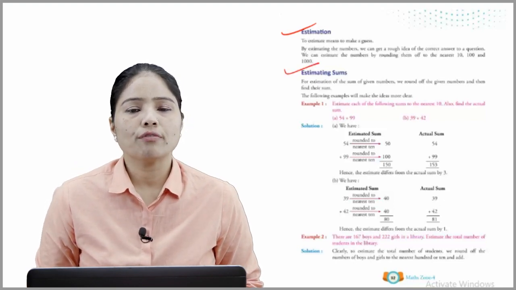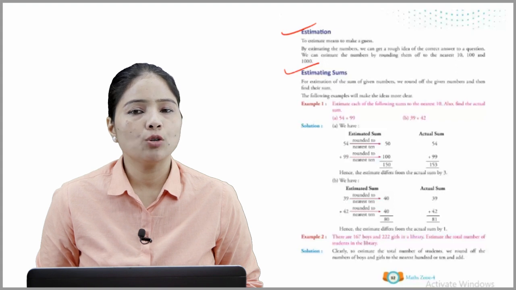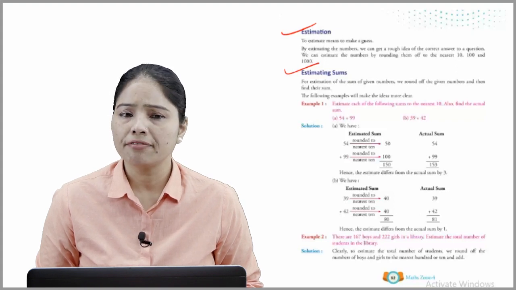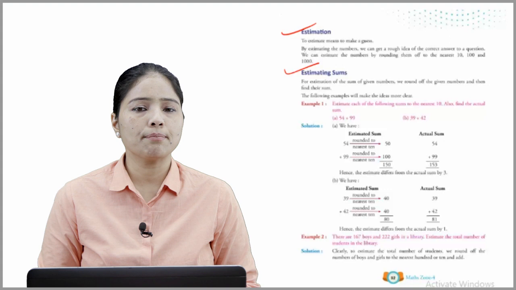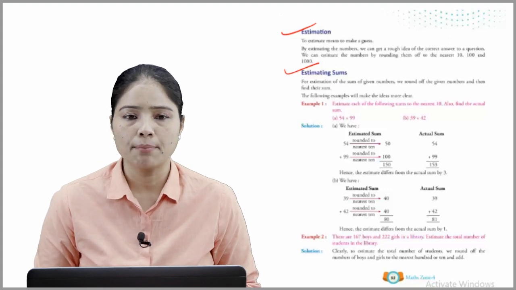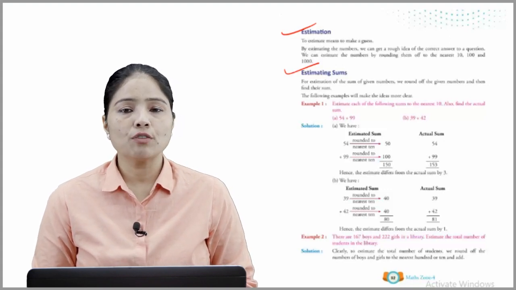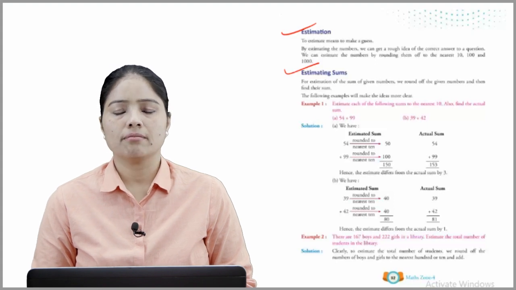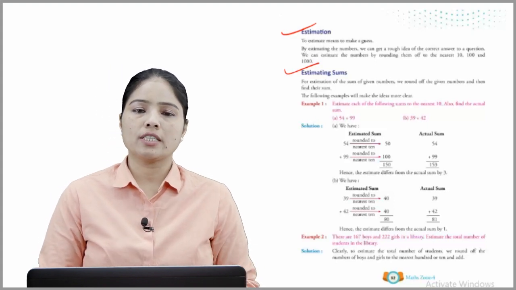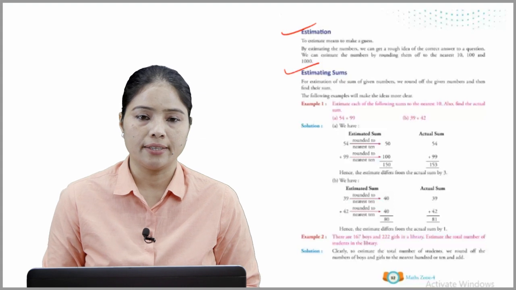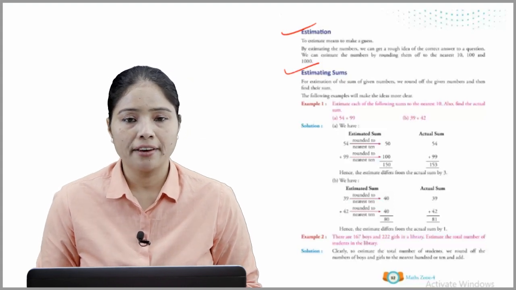For estimation of the sum of the given numbers, we round off the given numbers and then find their sums. The following examples will make the ideas more clear. Example 1. Estimate each of the following sums to the nearest 10 and find the actual sums. First one is given 54 plus 99. Solution. We have